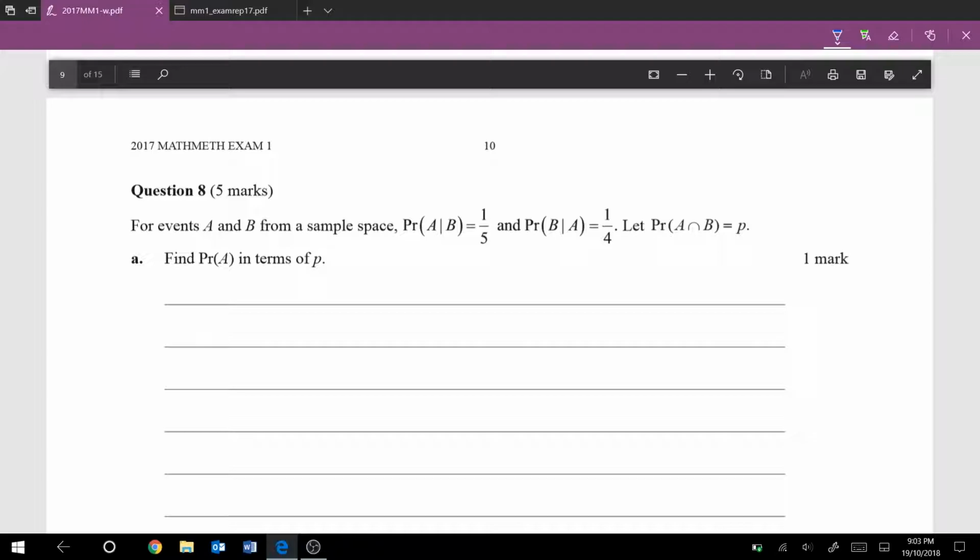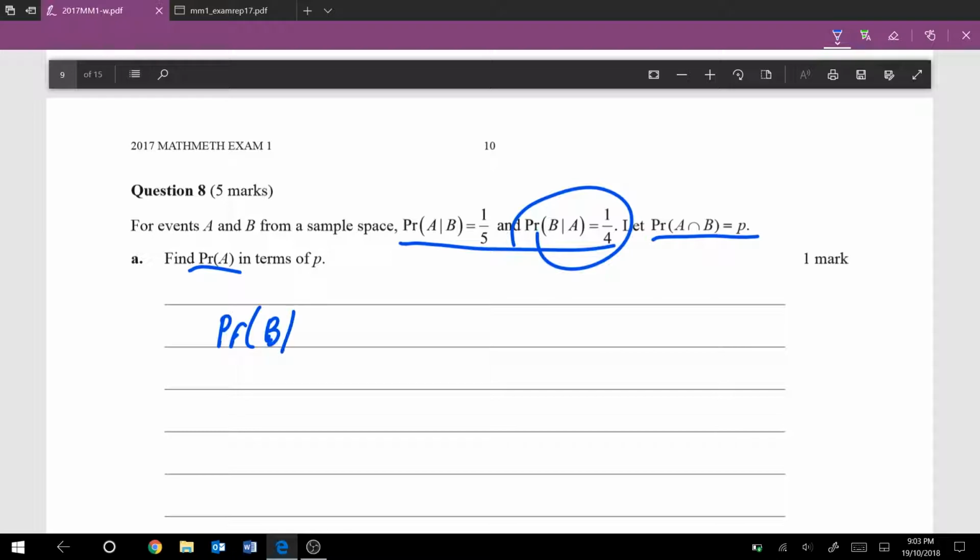Well, we know that we have to use this P, right? Because it wants it in terms of P. So if it wants it in terms of P, we should probably use that. Now, this conditional probability is key, but which one to use? Because it wants the probability of A here. So do not use the wrong value. You can take a look at the formula sheet that's provided with this exam, and you can quickly realize that we actually want this second one here. So the probability